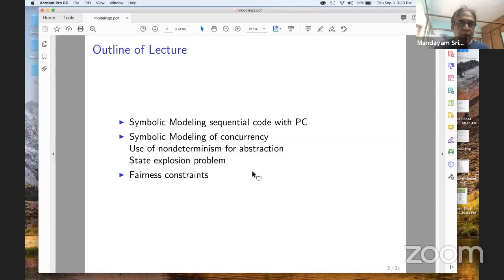Here's an outline of today's lecture. So this is modeling part 2. What we will see today is modeling sequential code with a program counter, a more systematic, automatic way of